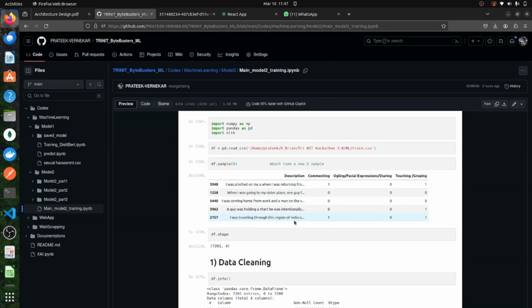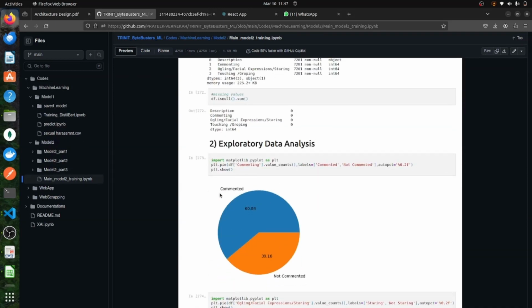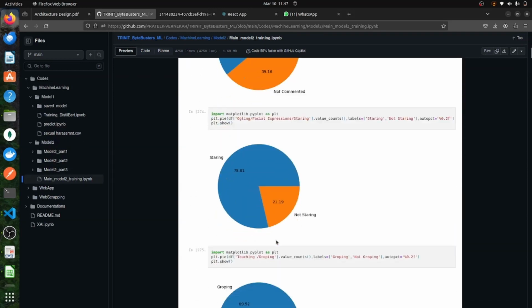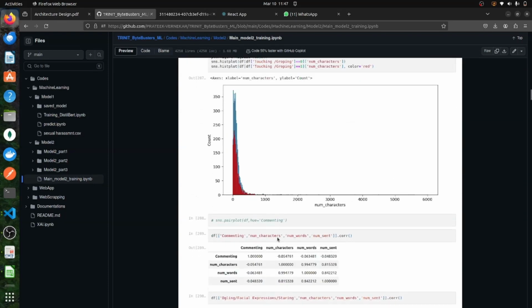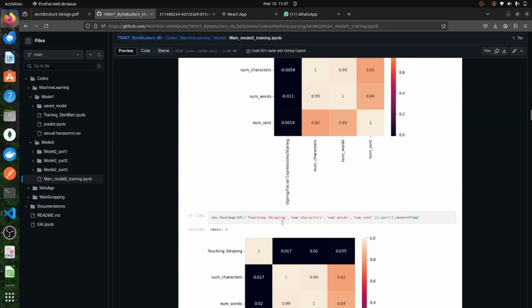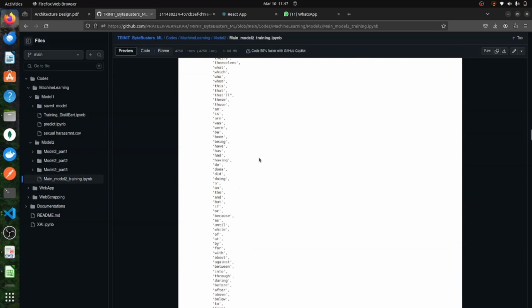For building the second model, we have used natural language processing concepts. We first extract the dataset and perform data cleaning, and then exploratory data analysis, where we analyze the commenting and non-commenting cases, and the staring and non-staring cases. Various kinds of pie charts are built, and inferences are drawn to create a specified model. We have also created heat maps, and in the data pre-processing part, we converted the text into lowercase and followed with tokenization, lemmatization, stopword removal, and stemming,